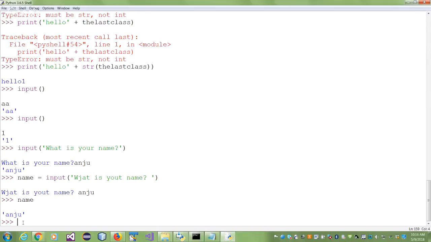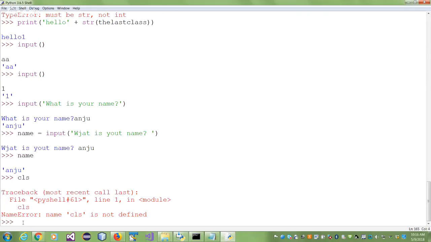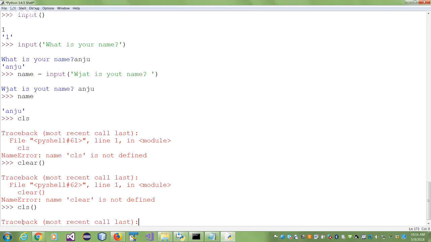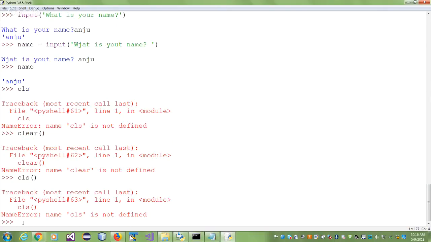Let's see if we can do a CLS here. If it is a command, it should work here also. No, it doesn't. Okay, so CLS is only for the command window. There should be something here, and I don't know. I can try clear. No, I can try CLS as a function. No, so I don't know. I'll have to Google it. CLS worked there. It didn't work here. Clear isn't working. I can't think of anything else. I can try quit here maybe. Let's see what quit does.